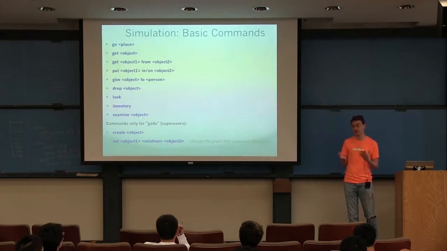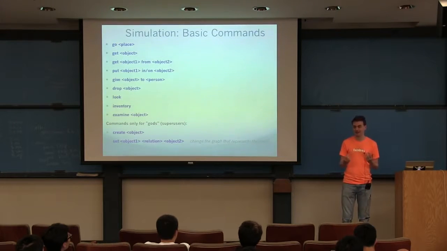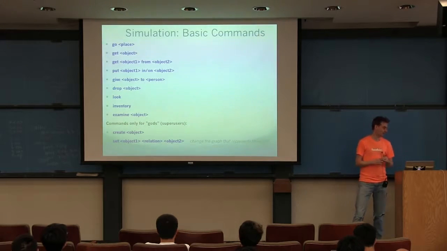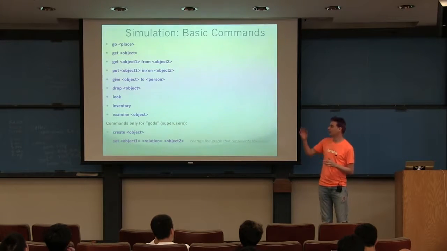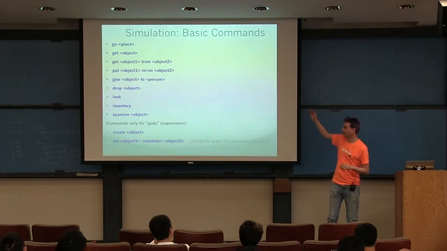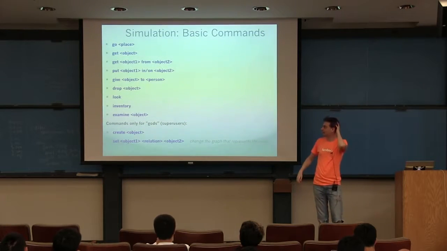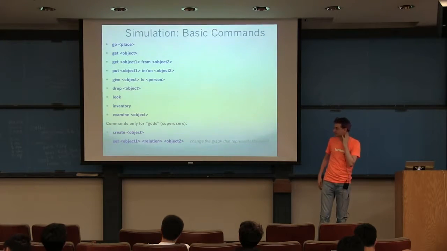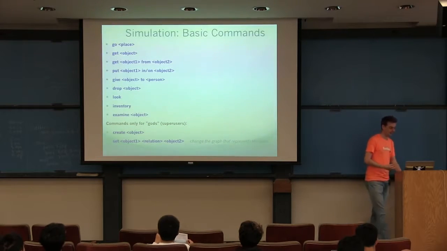So we made this very simple text adventure game. I don't know if you're familiar with those back in the day, like Zork, multi-user adventure games and stuff like that. They had these kinds of instructions where you could go to a location, you could get an object, you can get an object from another object, like get the apple from the table. You can give an object to another person and drop an object in a location. And you can also look and ask for an inventory of what you're carrying.